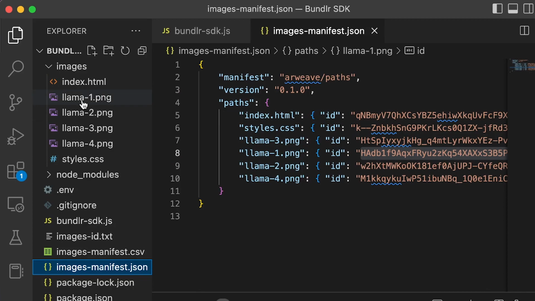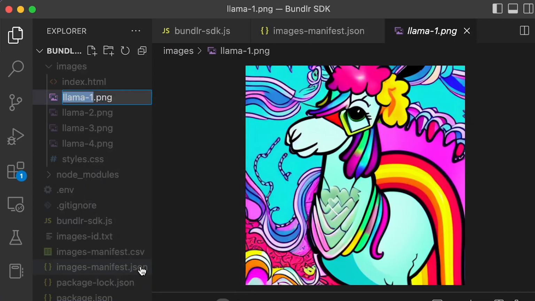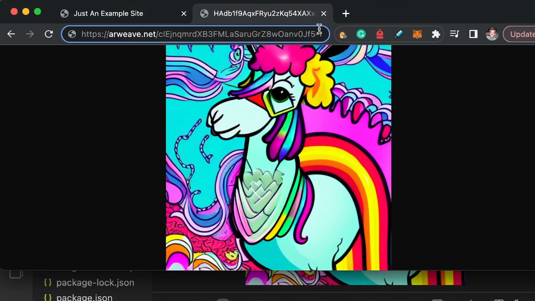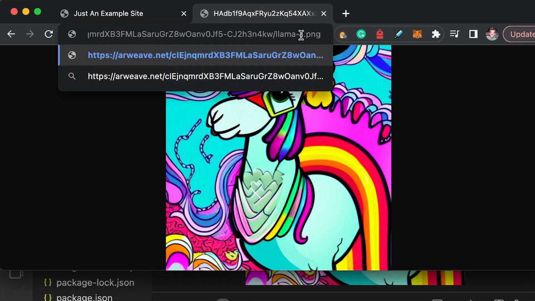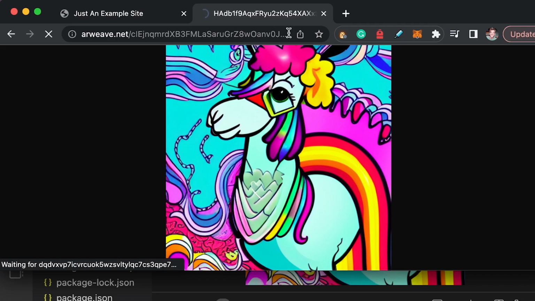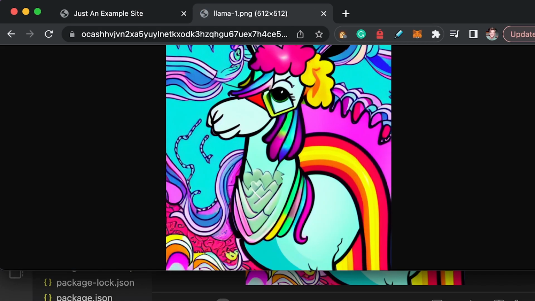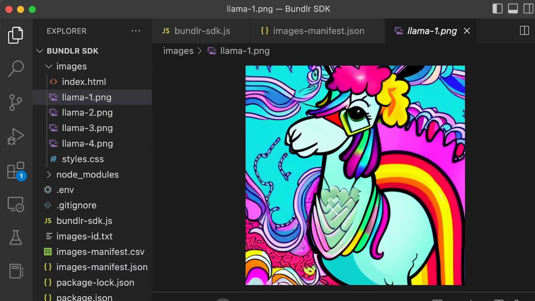How about llama1.png? Rename, copy that, and we go over here at the end. Boop. Okay, so again, you can see it's manifest ID /file name, and it loads also. Now this is going to lead to something really, really cool.